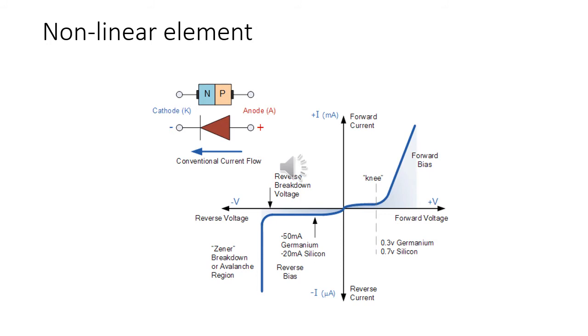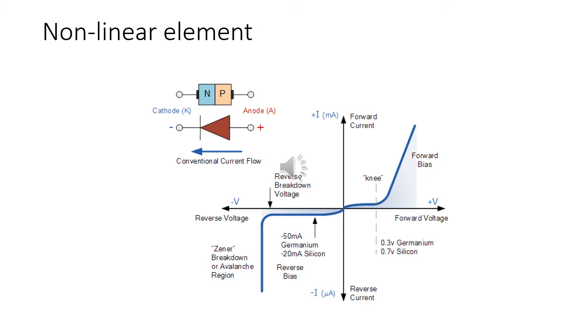It is not a straight line. Even though in this picture it looks almost like a straight line, as we know it is an exponential curve. So the device is not a linear element, even though one could operate the diode in a very small region of its characteristic curve and assume that as a linear region. But in common practice, this is not a linear element.